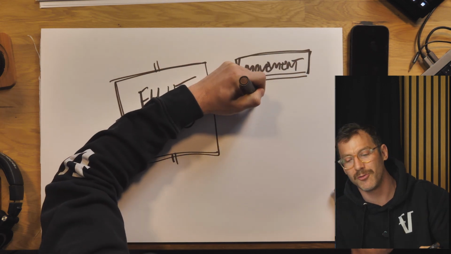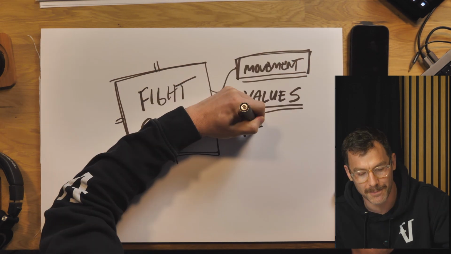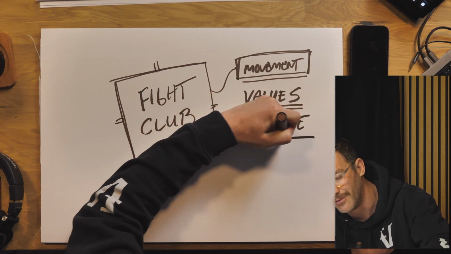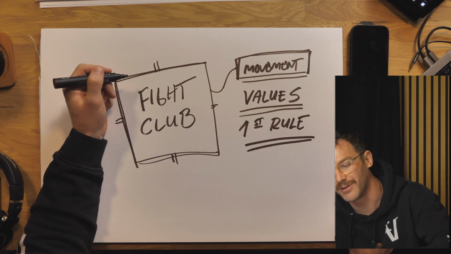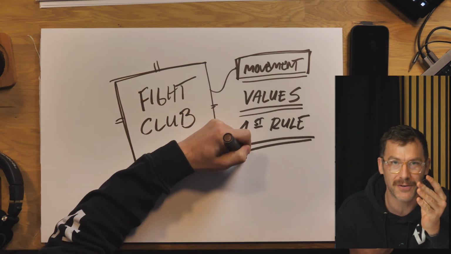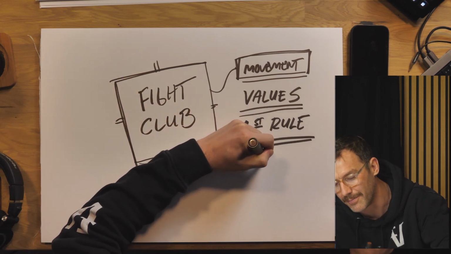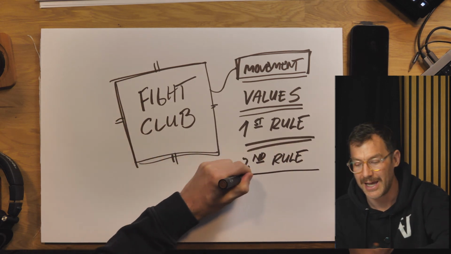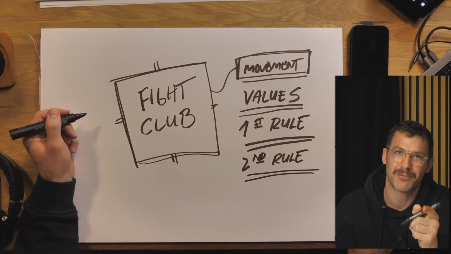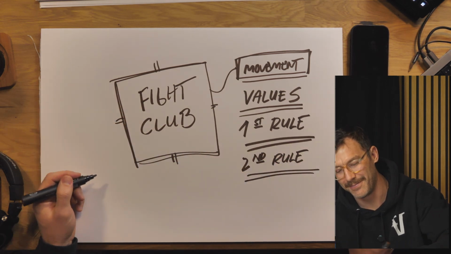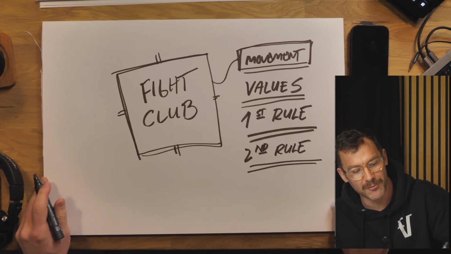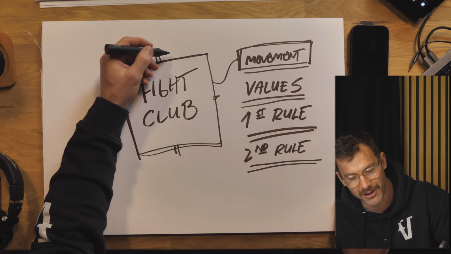In order to create a movement, you have to have things like values. The first rule of Fight Club, right? That's the first rule. You gotta have rules, right? First rule of Fight Club: there is no Fight Club. What's the second rule of Fight Club? There is no Fight Club. And if it's your first night at Fight Club, you have to fight. There's like 10 rules, whatever. Creating a movement like that around your product, around your service,